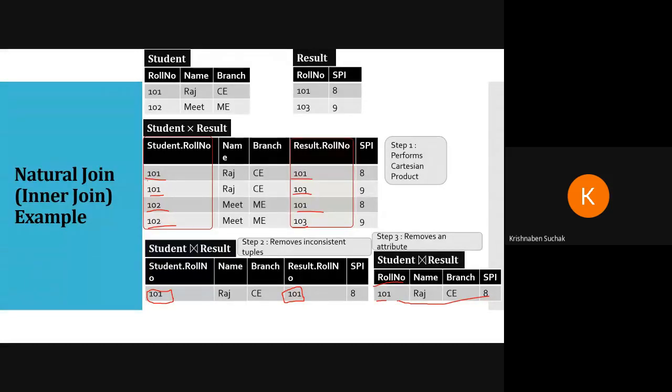Okay, write the steps of natural join in your book or in your notepad. Note it, please. I will ask this tomorrow. It can also be asked in GTU's exam. In GTU's exam, they will also ask you to perform the query or to show the result, or they can ask you to write the query or steps of the query. So write this down, natural join, or you can say inner join.